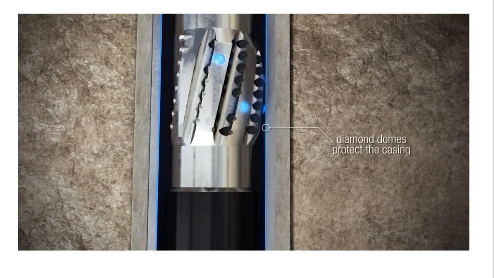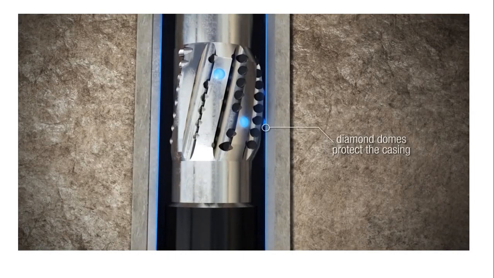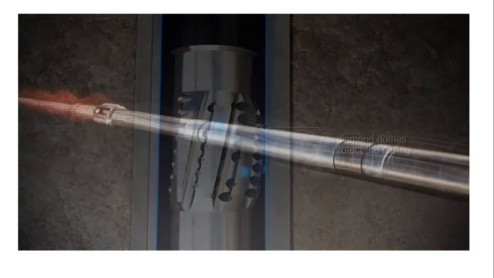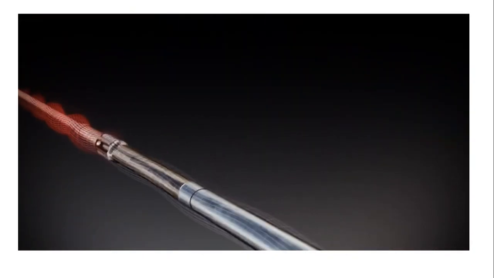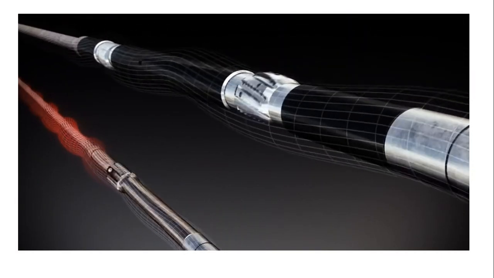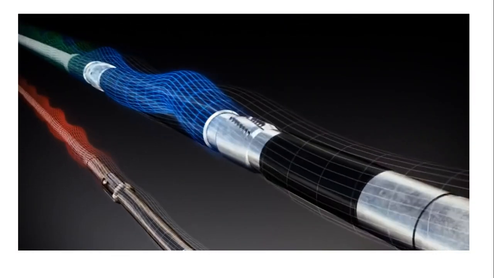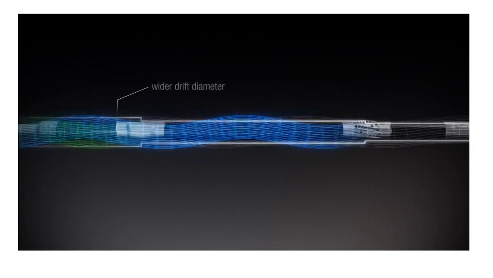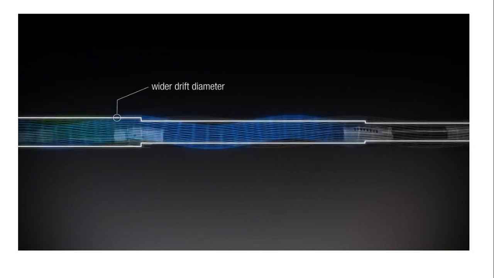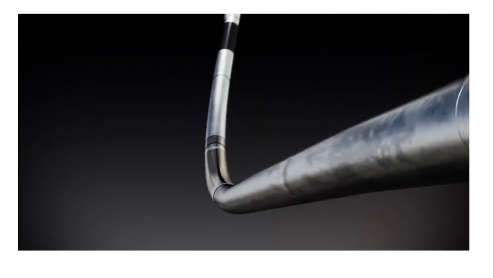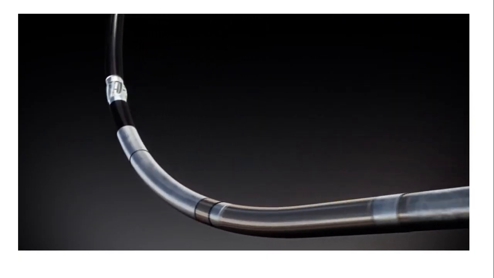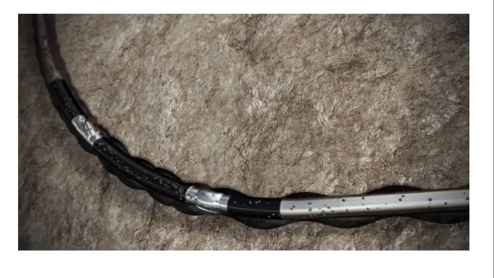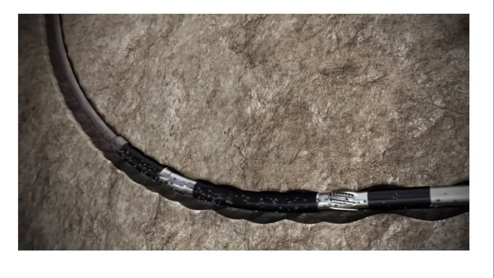utilizing its diamond domes to protect the casing. You can immediately see its benefits over traditional reamers. Instead of simply following the spiraling path of the bit, Drill-N-Ream's patented dual reaming eccentric design forces the drift wider, creating a wellbore that doesn't choke the drill string. The same effect occurs at doglegs or rotate and slide ledges. Drill-N-Ream reduces the chance of ledge collisions, decreasing the wear on tools as they pass by.